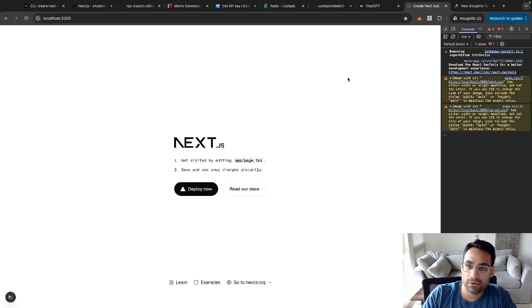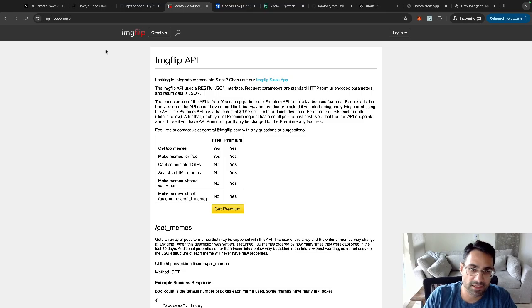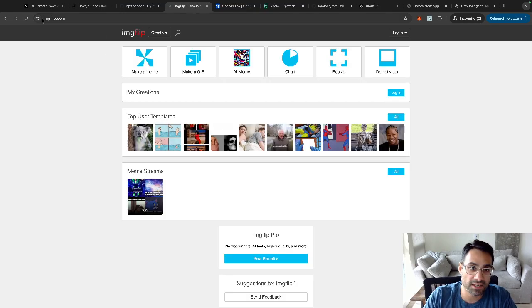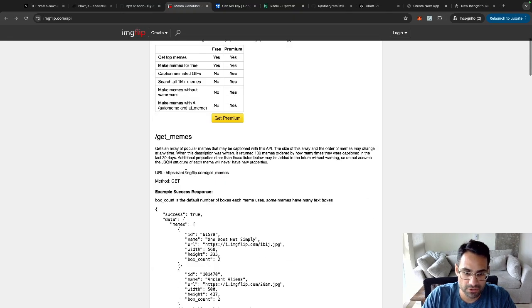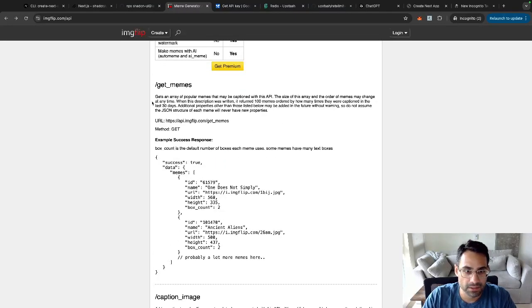we want to pull in memes, right? And for memes, there's this cool site called imgflip.com. It lets you caption all the most popular memes, and they actually have a free API for the top 1000 memes, with some restrictions, so we can pull that in. So let me just pull this in. Actually,